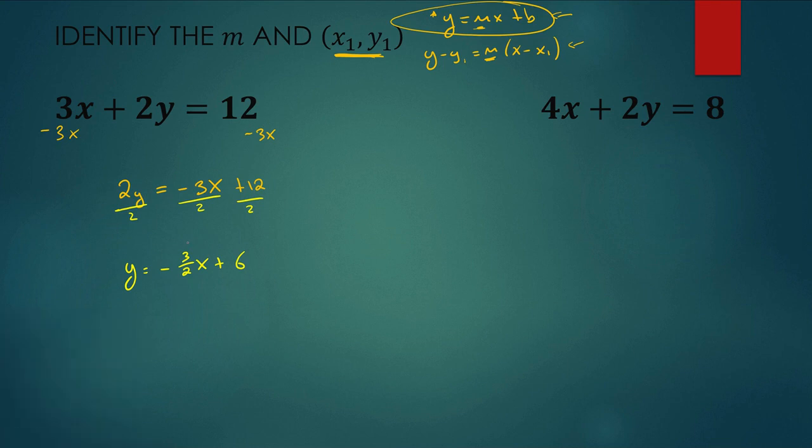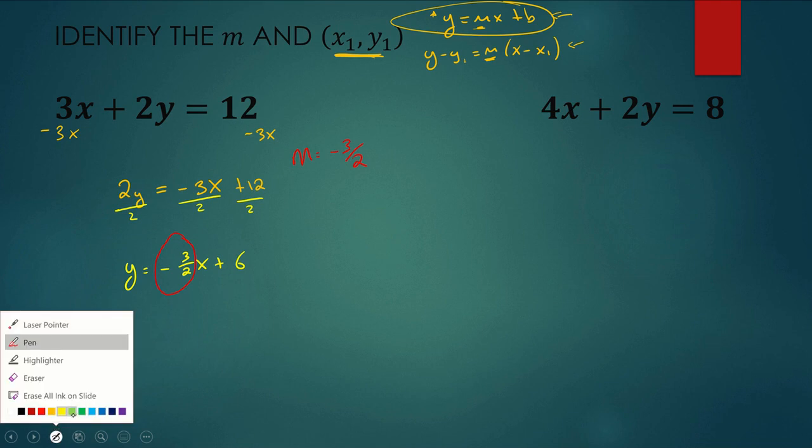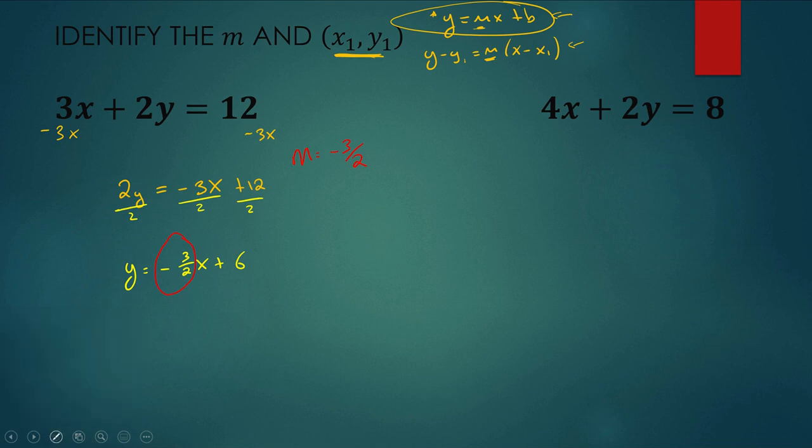The slope for this particular problem is negative 3/2. It's not negative 3/2 x, it's just negative 3/2. So my slope for this one is negative 3/2. Now we have to identify a point. And I will tell you this. The easiest point to find is either